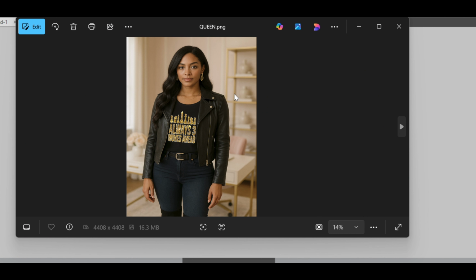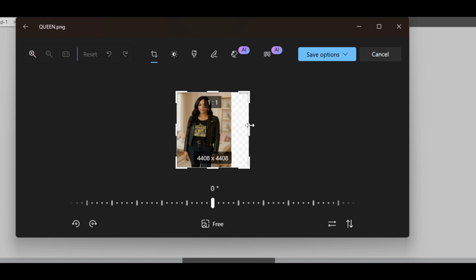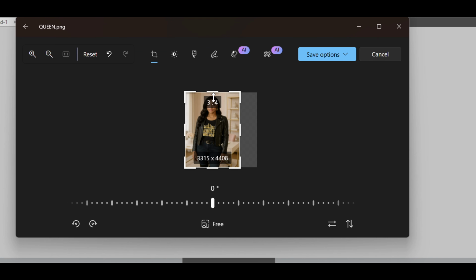And it's going to open up. And right here I can edit it to how I want it. Because we always want to make sure our customers get the best experience with us. They get the best look. So yeah, I want to keep those boots. And if I want to change